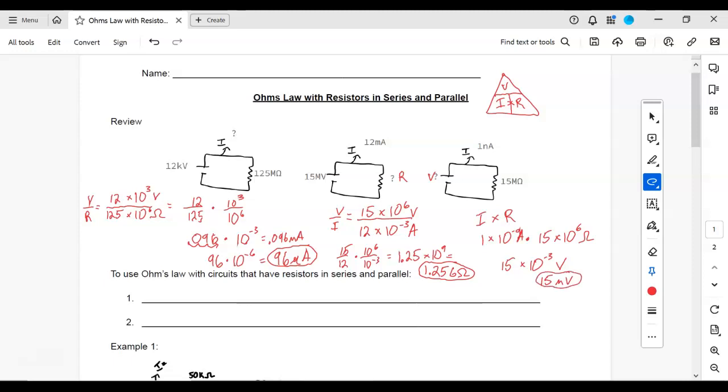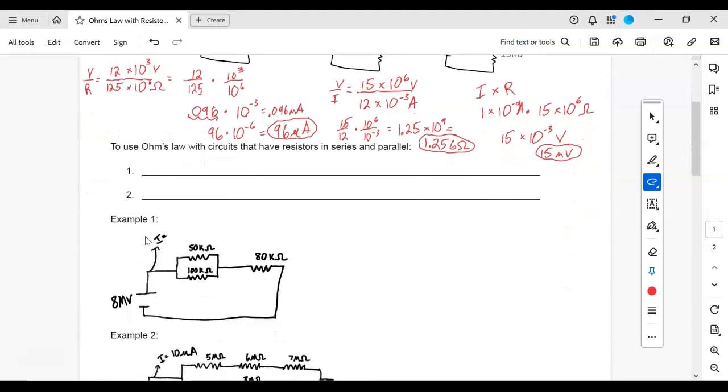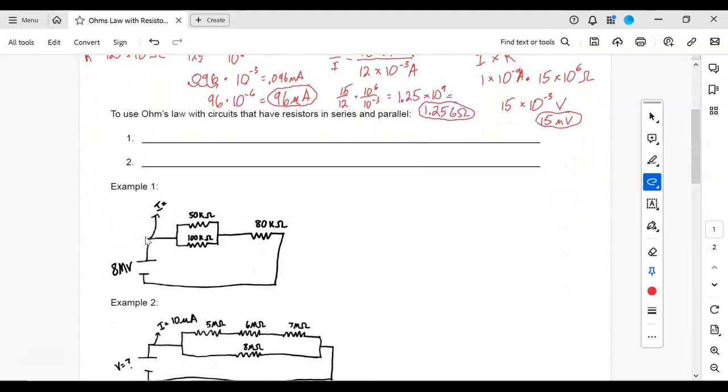So again, those are just review problems. Those are things that we've done before. They were on the quiz, but it's something that you're going to have to do again today after you do what we've been doing recently, which is finding the resistors in series and parallel. So let's go ahead. There's just a couple notes for today, and then we really got to get into the examples. To use Ohm's law with circuits that have resistors in series and parallel, the first thing you need to do is find the equivalent